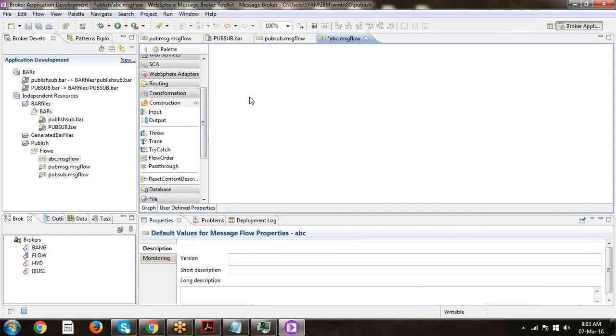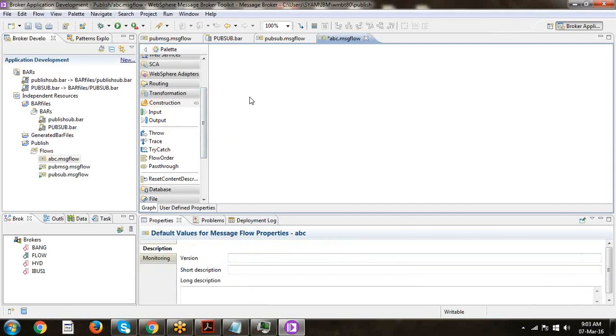For example, you have 10 message flows, meaning 10 different application functionalities. Somewhere in those, one functionality will be used, so you would have to implement that piece of functionality in all 10 message flows, right?